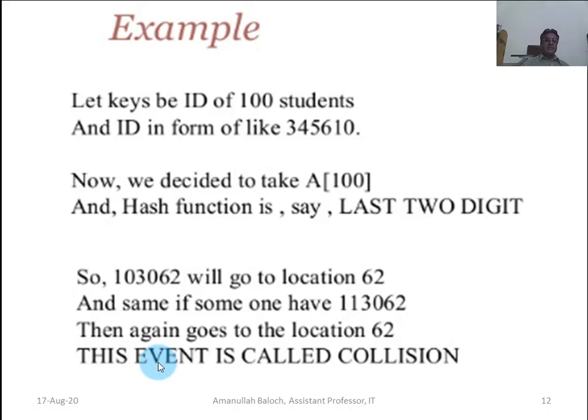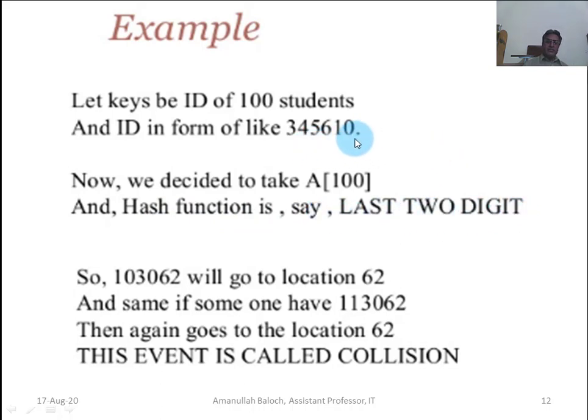Example: let the keys be the IDs of 100 students, and the ID is in a form like this one. This is the major problem. We have 100 students, but the IDs are like this: 3, 4, 5, 6, 1, 0. Now we decided to take a table of size 100, and the hash function is, say, the last 2 digits.